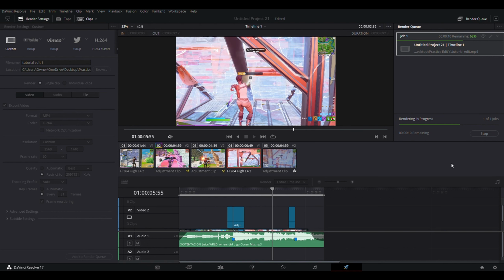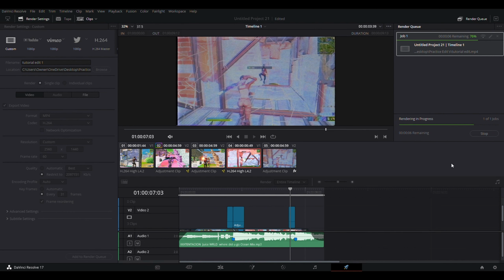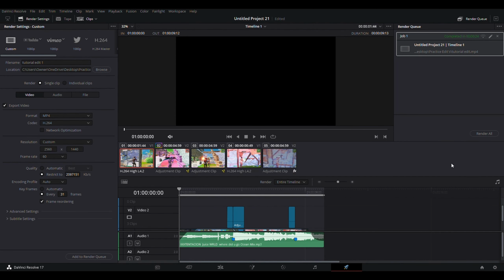Once it renders, it'll go into your files, and then you can just watch it over. And once it's done, the little thing right here, the gray one, will just go back to the start, and from here it'll already be in your folders. So you're pretty much done,